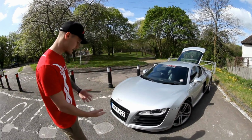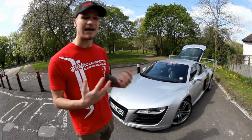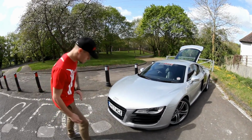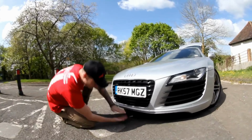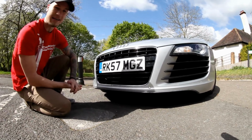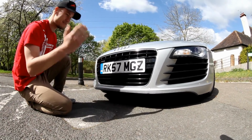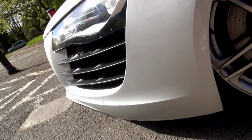But talking about the ride height, a lot of people have asked me how good is it over speed bumps. It's actually not bad. We've probably got about that much. I don't really know in inches or anything like that. I'm not a stats man, but what I do know is it's about 75 inches wide. So if you want to go on Google and convert that into meters or however you want to understand it, you can do that. But after the end of this video, as we walk around, we've got the 19-inch